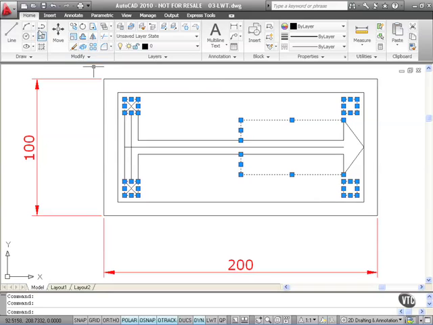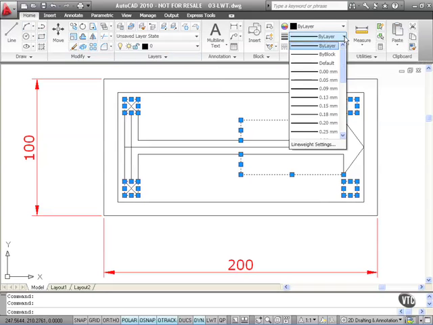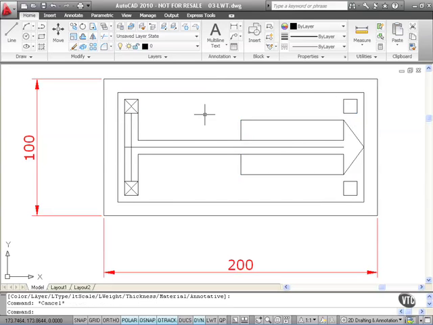Now you do this in your Home tab at the top here, and it's your Properties panel here, and you'll see here there's your line weight option. Click on the down arrow next to By Layer there, and you'll see the listing of all the line weights you can use. I'm going to go for a line weight there of 0.35. I click on it. The objects are still selected, so I hit Escape now to deselect, and the drawing doesn't